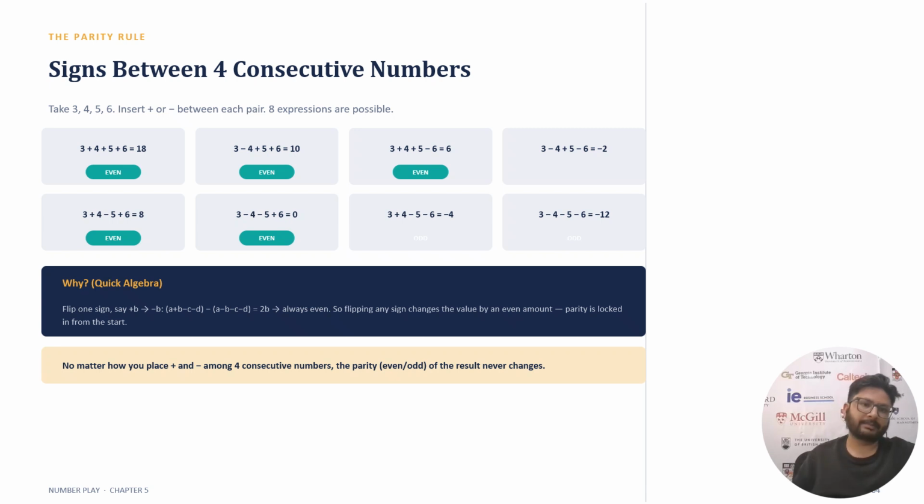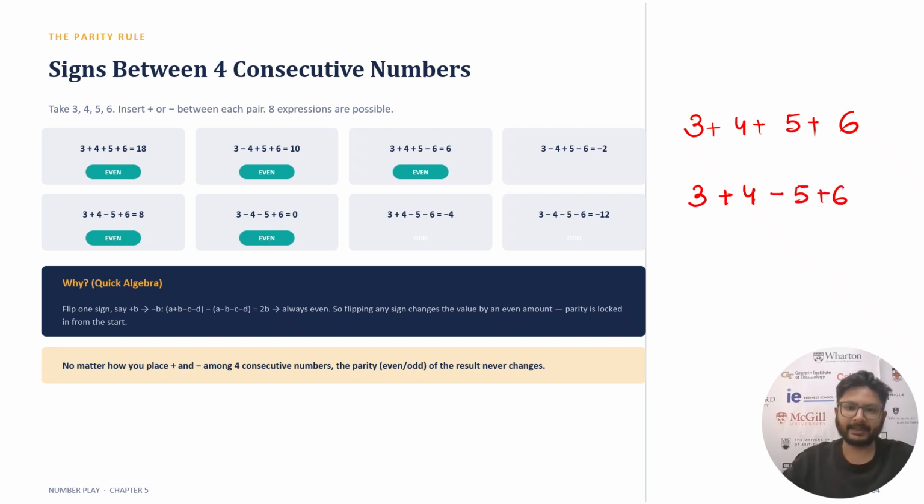So first of all, the parity rule. To understand this, for example, if I'm taking four consecutive numbers, 3, 4, 5, and 6. Now, let's say I place the numbers like this, in which there is an addition happening, and then I change the sign in the middle, and again I change the sign. Let's see what numbers get generated. This is equal to 18. This is equal to 8. This is equal to 6,